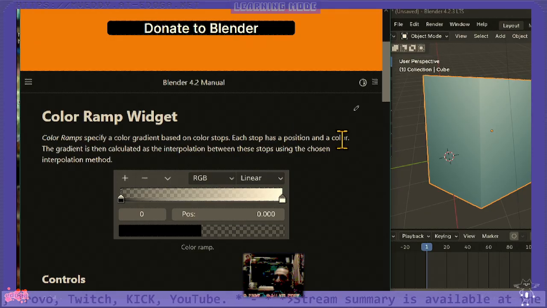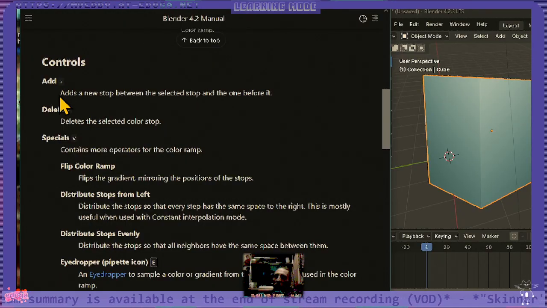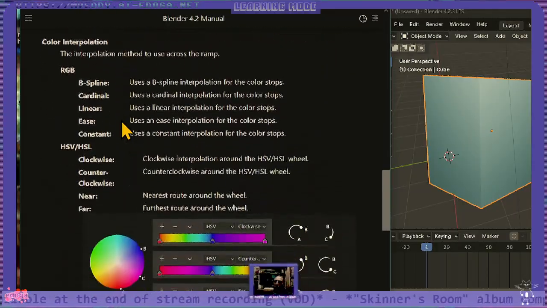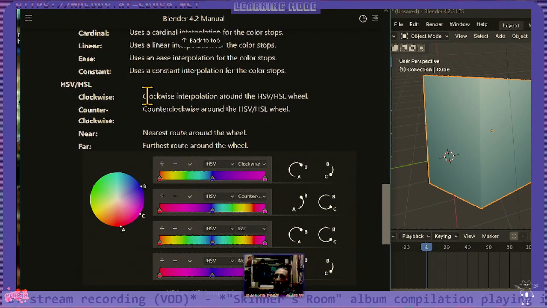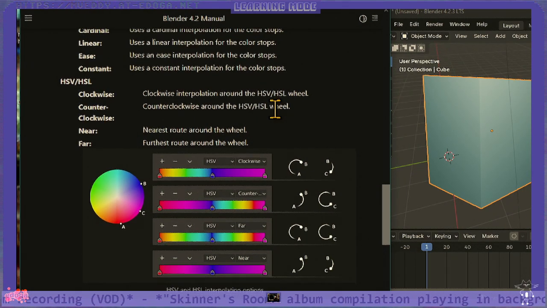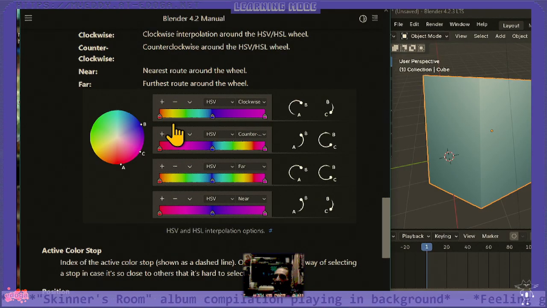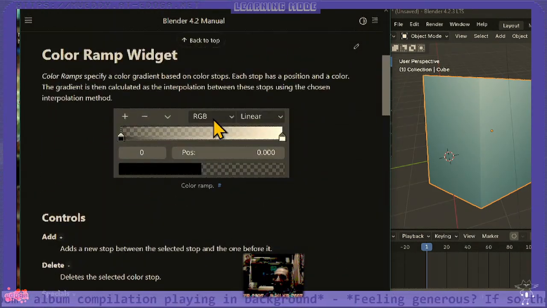Each stop has a position and a color. The gradient is then calculated as the interpolation between stops using the chosen interpolation method. I got that. Ctrl adds a new stop. I know what they mean. This would be, I think, for example, these are the points for, let's say, blends, and here would be one stop. I'm thinking that would be